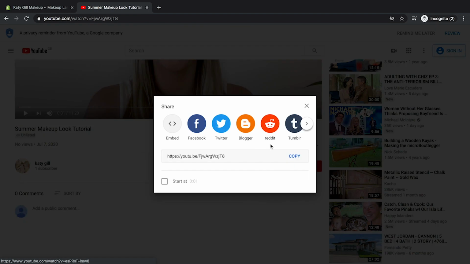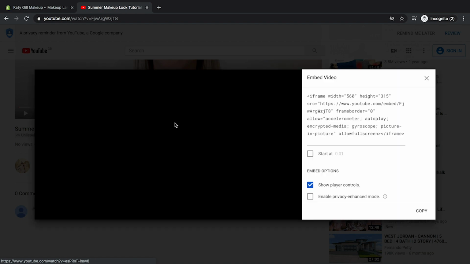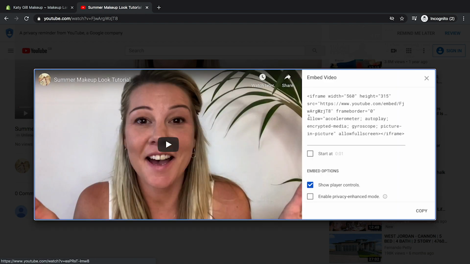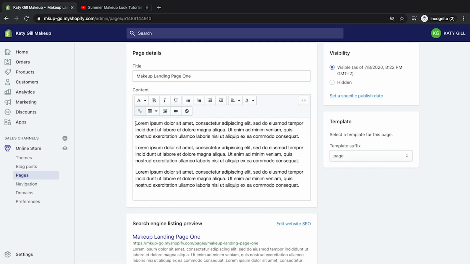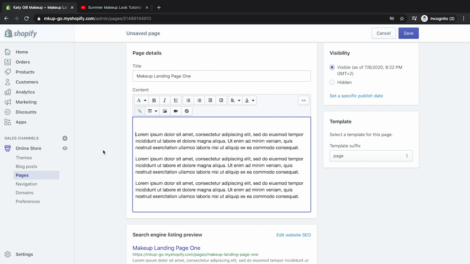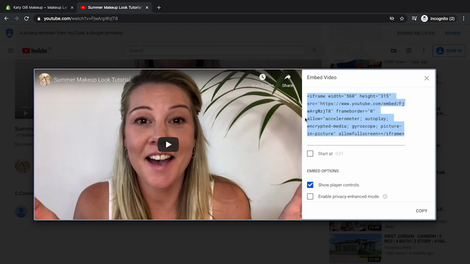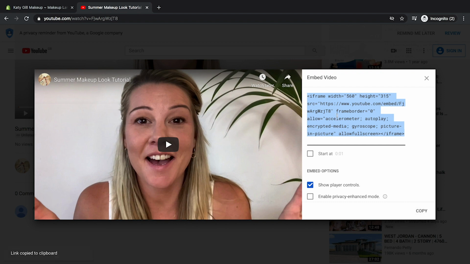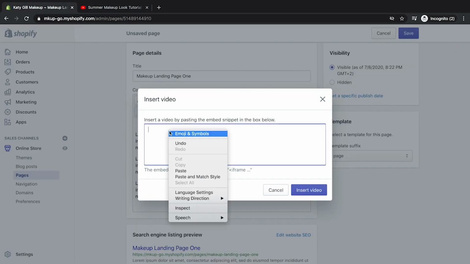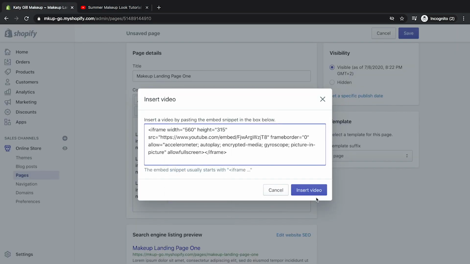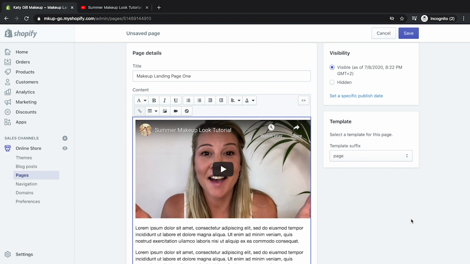So you first click share, click on embed, and this is the bit we need here. I'll show you in a second. So we've got that ready. Now what we need to do is add that video into our landing page. We want it above the text, so click on the text, hit enter, so it goes down the line, and then go back up to the top, click video, and this is the code that it's asking for here. Right, so we'll copy that code, and I'll paste it into here, insert video. Great, we've got a video.